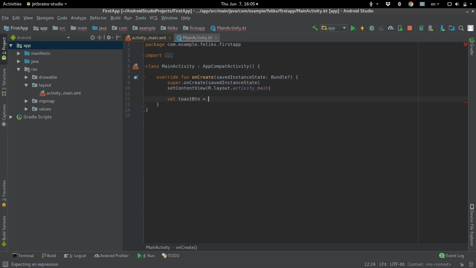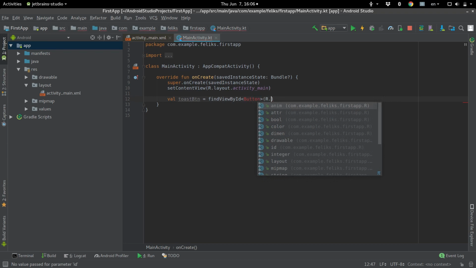And that's going to be used to findViewById. Just type this with me for now, I'll explain it in about a minute. We need it to be a Button class,